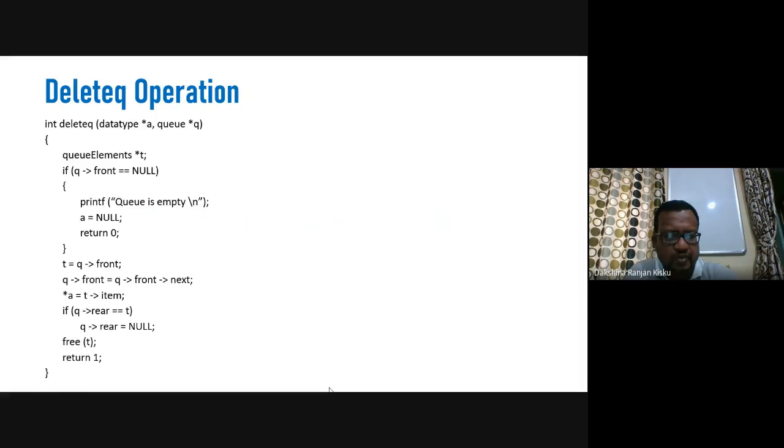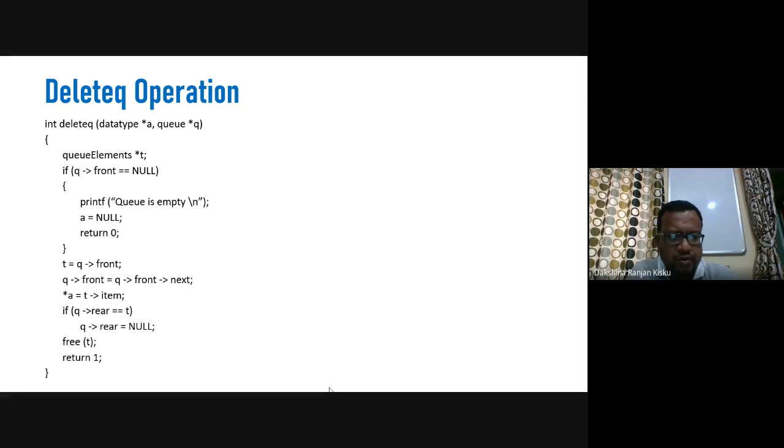That is why we are making T equals to Q front. So now we save the front pointer into T. T is another pointer variable of type Q elements. By writing T equals to Q front, now the first node will be pointed to by T.